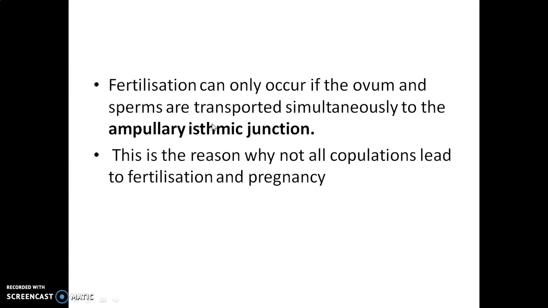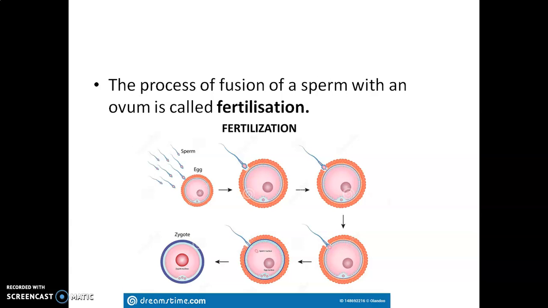So fertilization can only occur if the ovum and the sperm are transported simultaneously to the ampullary isthmic junction. Children, this is the reason why not all copulations lead to fertilization and pregnancy. Clear? Then, in a single sentence, how can we explain it? The process of fusion of a sperm with an ovum is called fertilization. Okay. So, from millions of sperms, only one sperm can enter the ovum, and once it has entered,